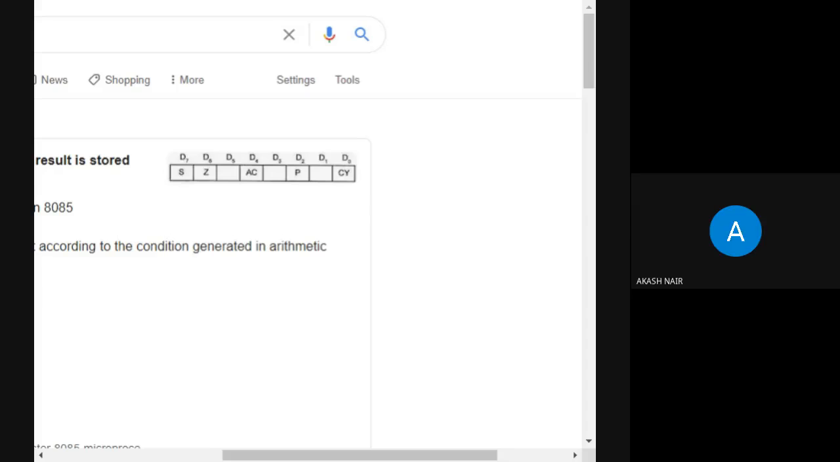Yes, ma'am. Okay. Next is AC. What is AC? Auxiliary carry. What does auxiliary carry mean? Whenever I perform an addition of a number, and if that addition has a carry from the third bit to the fourth bit, which means if I have a number 0100, I am putting it in the chat box. Okay, see, if I have a number 0100, and if I add this number with